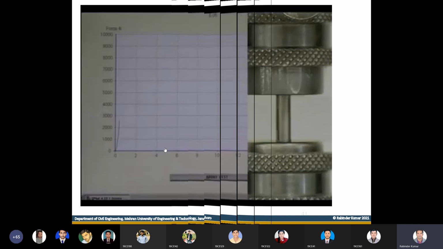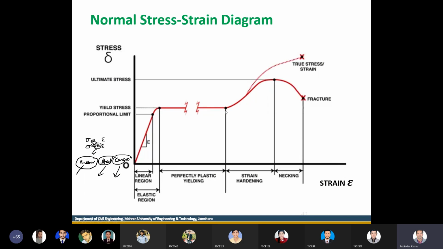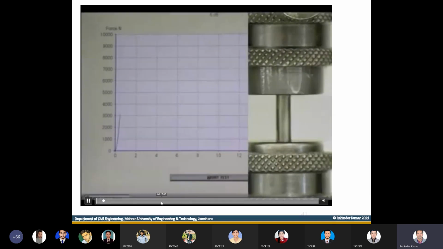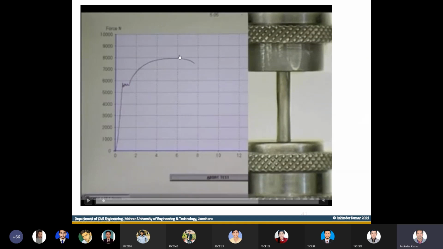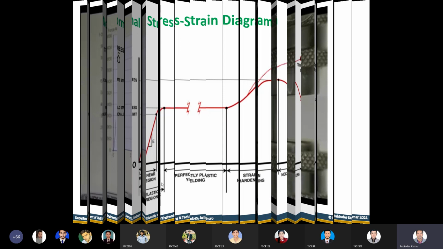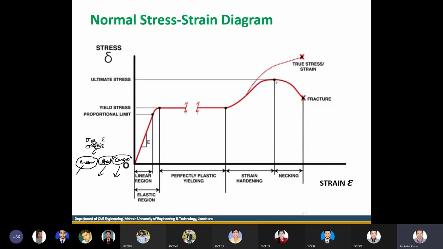So now you can see, from this point, this is the continual curve. At this point the material again starts gaining its strength, and this is known as the strain hardening region. When you again load this object, at a certain point the material starts failing. From where the material starts failing, that is known as the ultimate strength, or the ultimate point, and the corresponding stress is known as the ultimate stress.